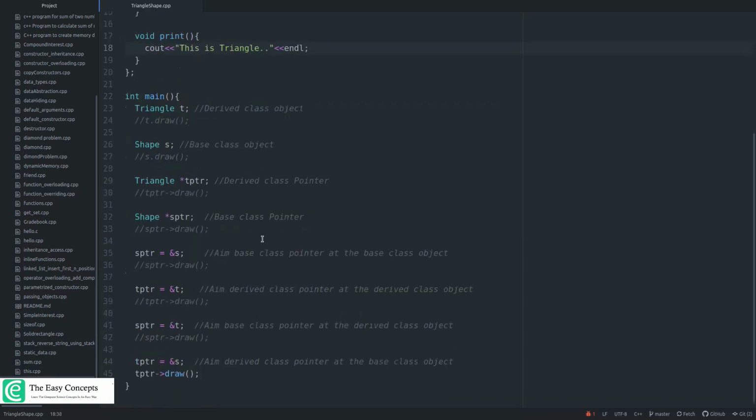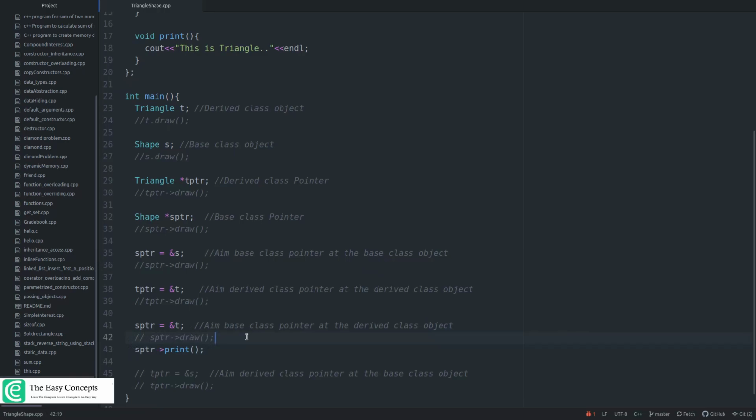And here, you know that this is not allowed, so we'll comment this, and this is allowed, so I am uncommenting this. But after sDraw, let's try to call the print function from here. So can you guess what will be the output? Just try to think on it and try to answer in the comments. I will also comment this draw function because we don't need it as of now.